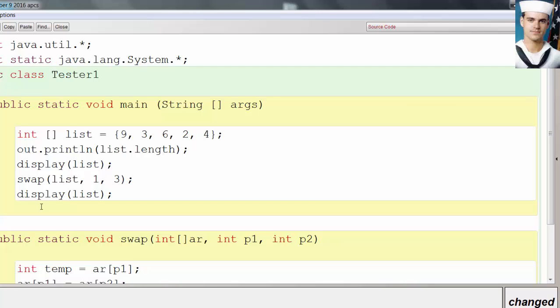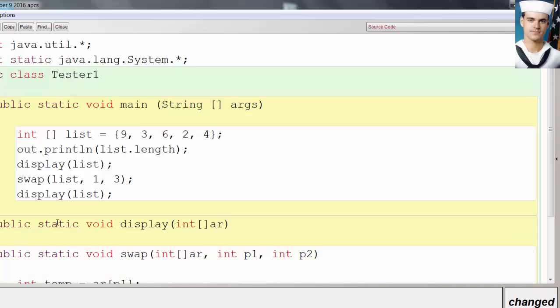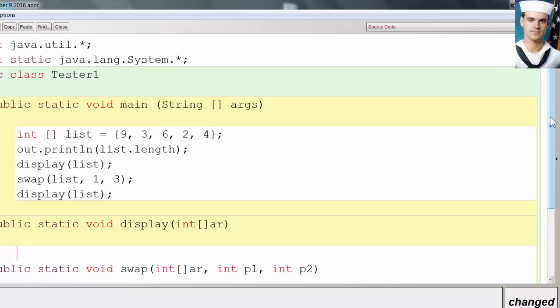Again, it's the challenge for some kids to just write the signature for the display method. Just writing the word public is a challenge. Static, void, display. What's going to display? What's it getting? What are you sending to it? We're sending to it list. What is list? It's an int array. So you can call it whatever you want to, A, AR, whatever. And now here comes our newest topic,